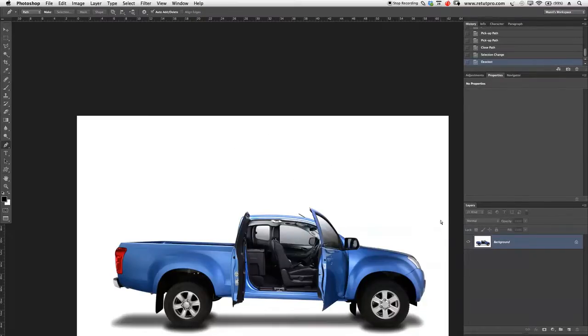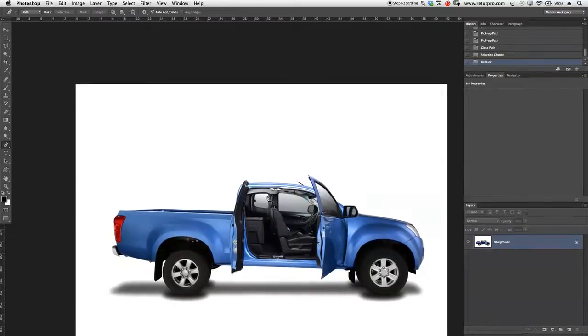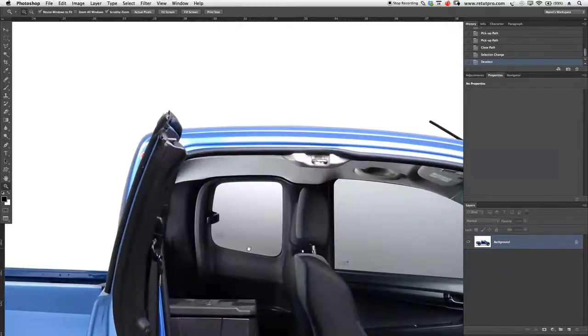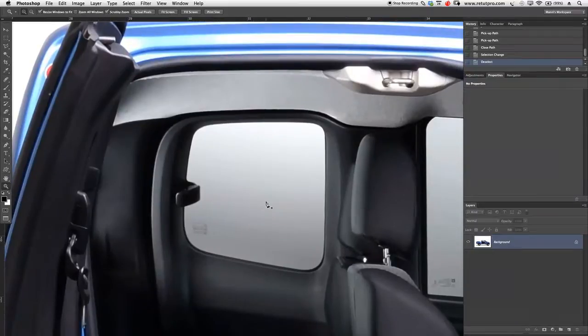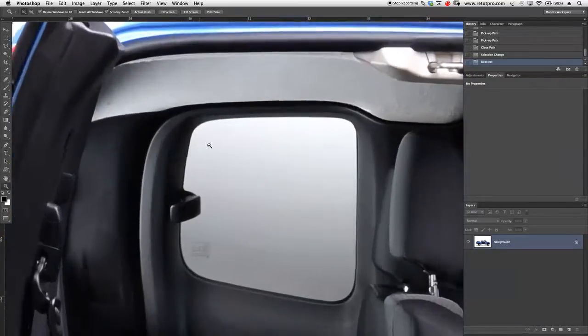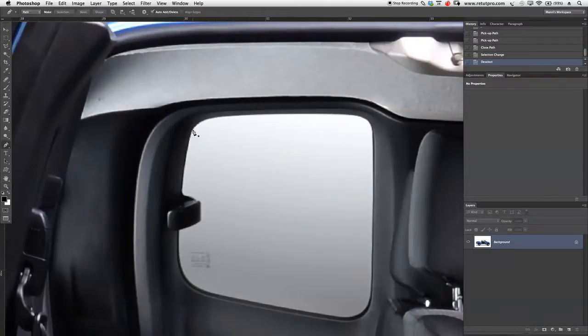Okay, I'm going to press Command D, get out of the selection here, and just zoom a little bit closer here and show you guys how I would cut out maybe say this little window over here from the car. So I'm going to press P for the pen tool again and just start here on the left hand side somewhere, and then press my first anchor point over here, second one, just going to stretch this a little bit,